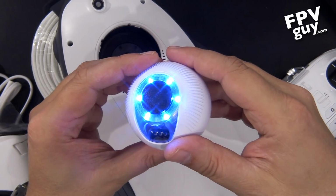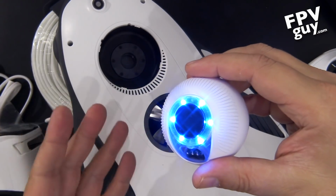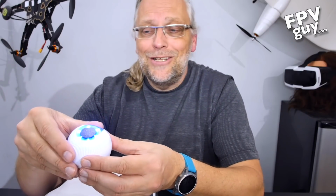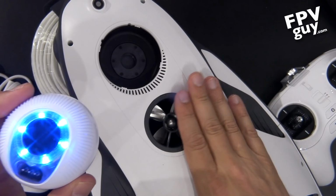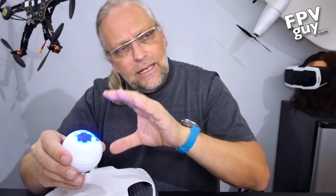It's called a lure light for some reason. So supposedly the blue light here will help you attract fish to see fish at night. I'm not familiar with fishing with blue light at night, so I can't really comment on that, other than it's cool. Now, more importantly though, it is made so that you can attach it into this,